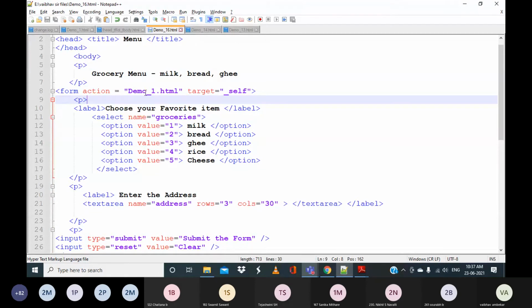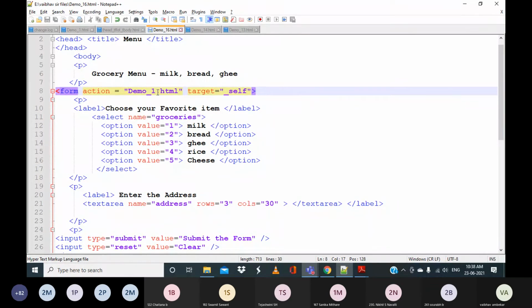Whatever action you want to perform, whichever page you want to refer, there it will go. In my case, demo_1.html is in the same directory, but if it is located in a different directory, then you have to give the complete path where it is located, whether it is in D drive or E drive, that entire path you have to specify. Usually if it is at some URL, then you have to specify the URL.